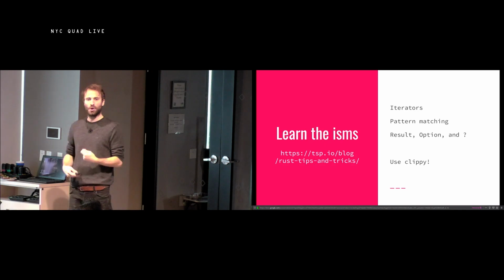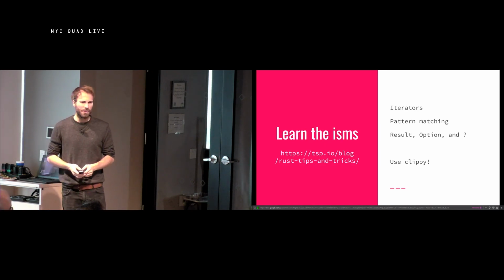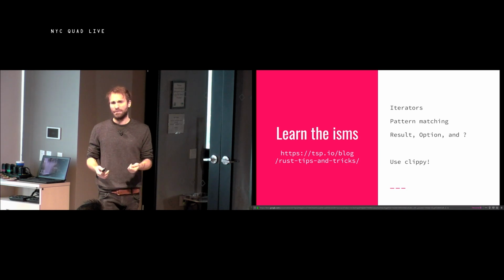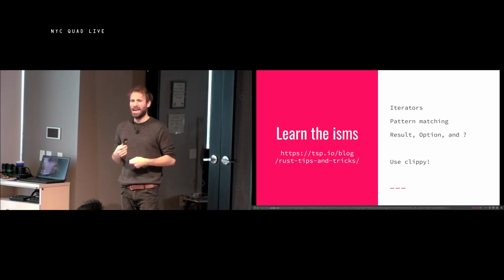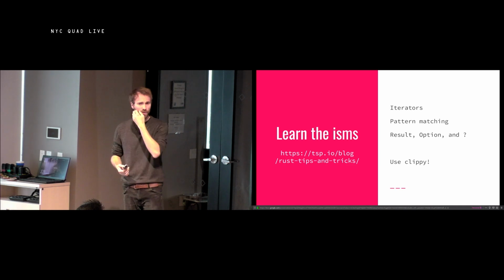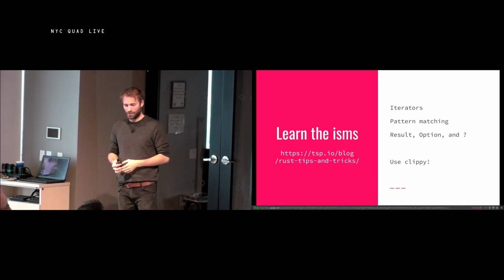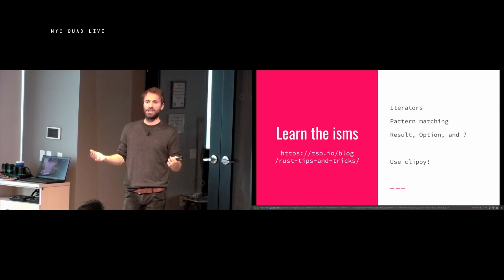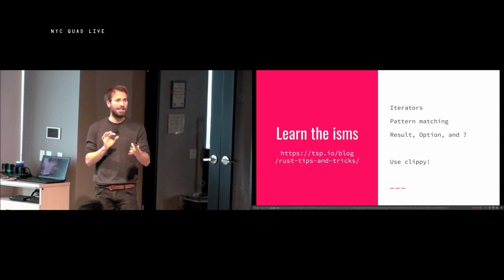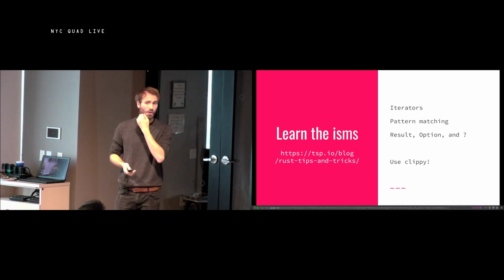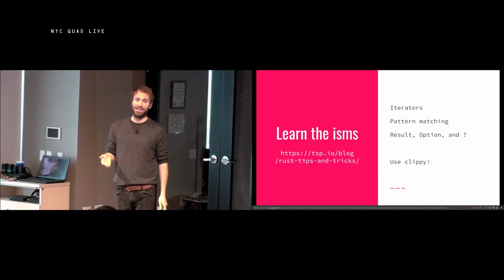I also recommend that you learn the isms of the language. Rust has some things that other current languages don't really have. Iterators are a good example of this. It ends up being a slightly functional pattern, so those of you with experience with Haskell might be more familiar with them. Iterators are basically how you can walk any collection; you can think of it as a generator in Python. And you can do really neat things just based on iterators that make your code a lot easier to read and write. Pattern matching is fantastic.